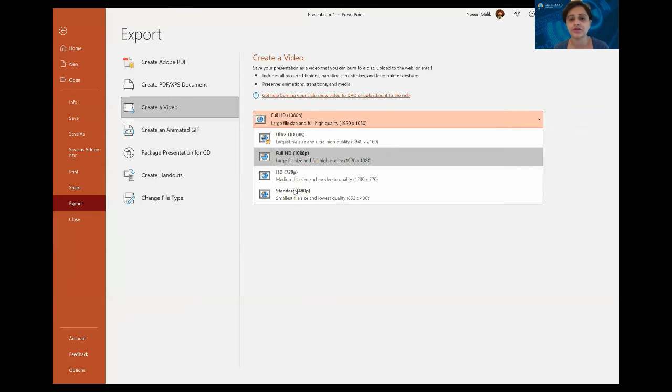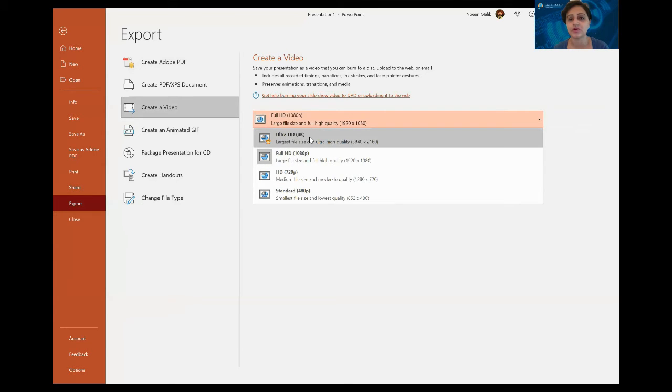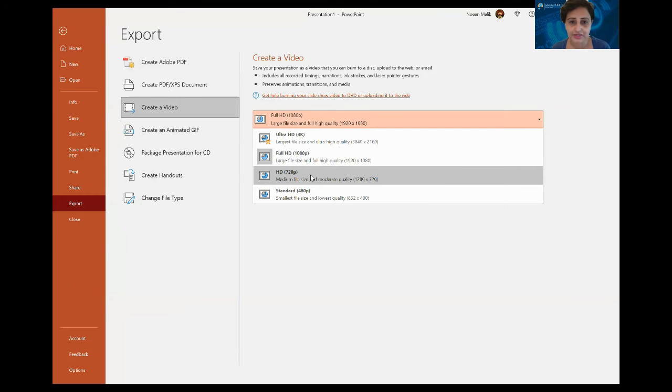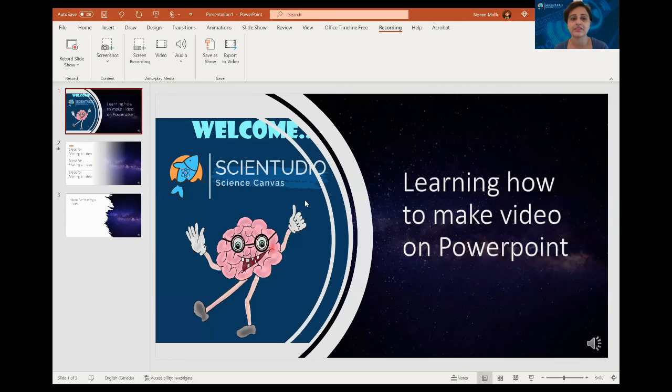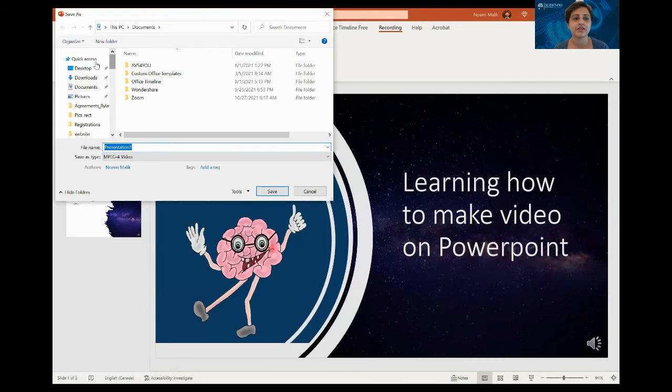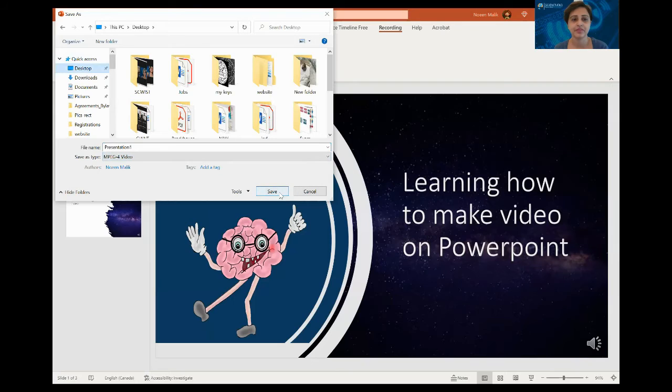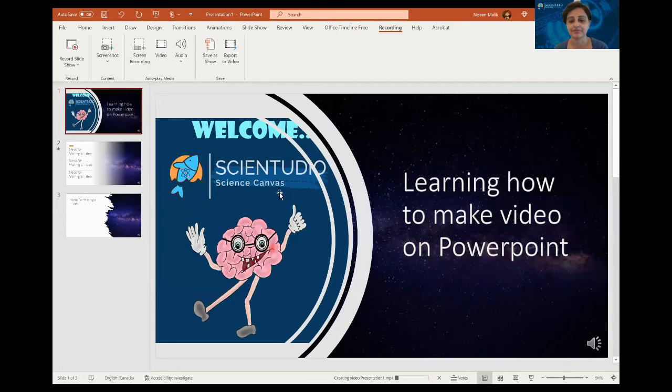So let's click this one, and it says Full HD. I don't need Full HD, it depends which size you want. I will go for a smaller one. Maybe this is the smallest size, I would probably go for that for this example. Seconds spent on each slide, I don't know how many maximum. So anyway, let's create this and check how it goes. Let's put it on the desktop and let's see. And now I will minimize it and go to this and let's see.